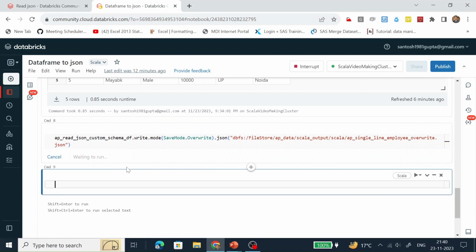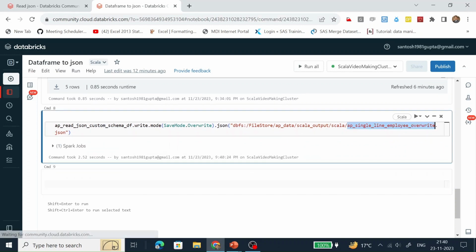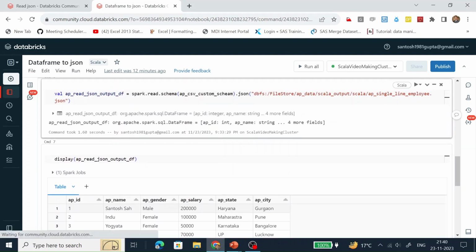So let's run it. This JSON file has been created successfully. Then let's read it.